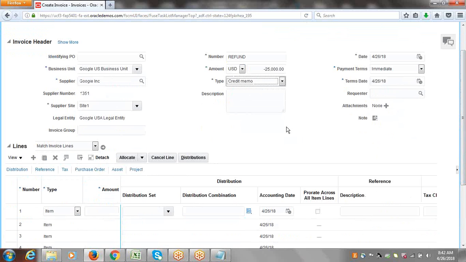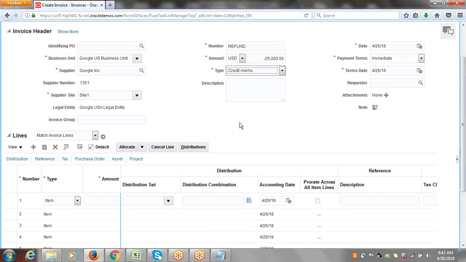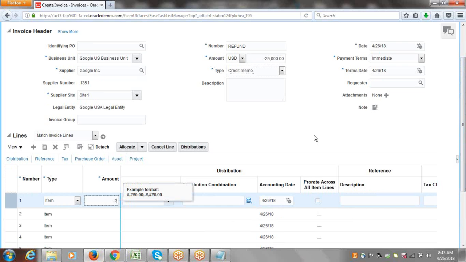Here use payment terms as immediate only. The moment we get the payment from the supplier directly, we cannot record that as a refund. So that is the reason we are creating the credit memo. So use payment terms as immediate. Enter line amount as minus 25,000,